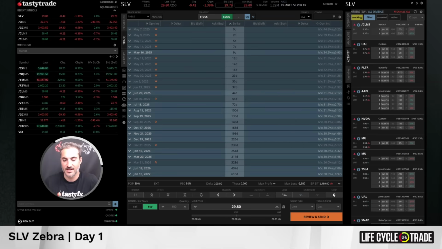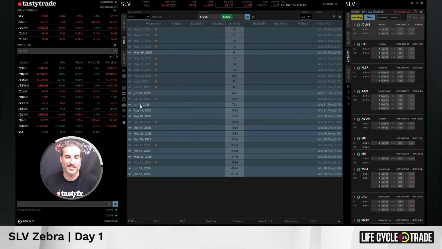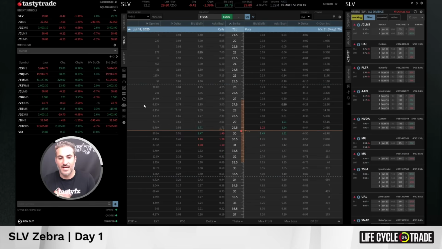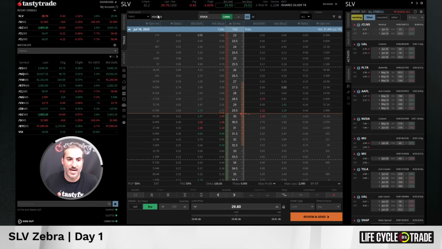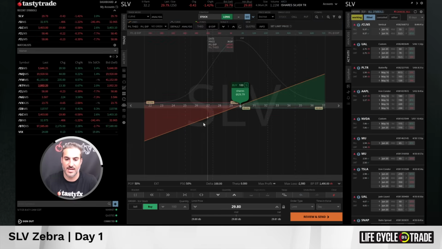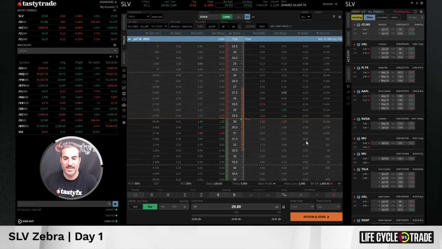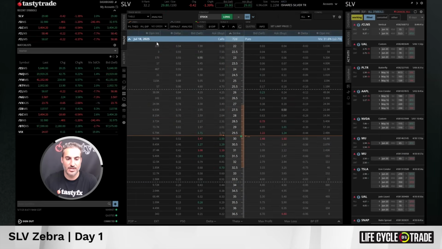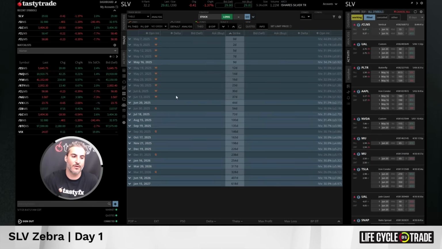But one of the ways that you can get synthetically long stock is via a ZEBRA trade, which is a 100 delta option trade. So you get 100 shares exposure to the stock. When we look at the analysis mode for just the stock position, you can see this is just binary, up is good, down is bad. When we do a ZEBRA trade, and you can do this in any expiration, as you go further out in time in terms of the duration on the trade, it's going to use a lot more capital and might not give you that